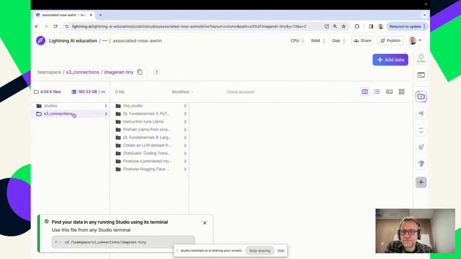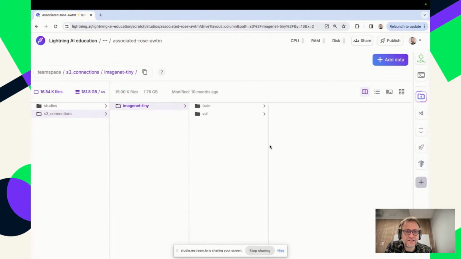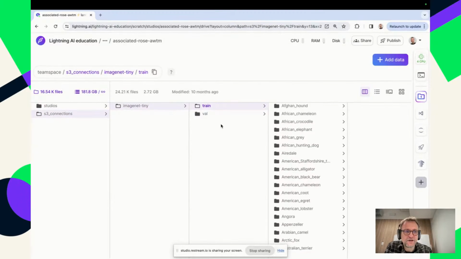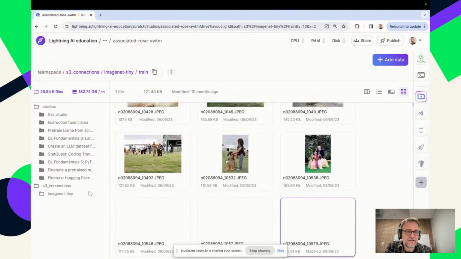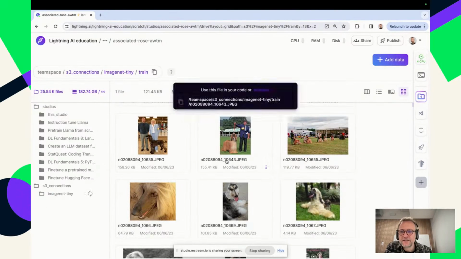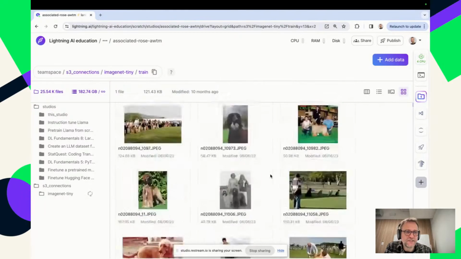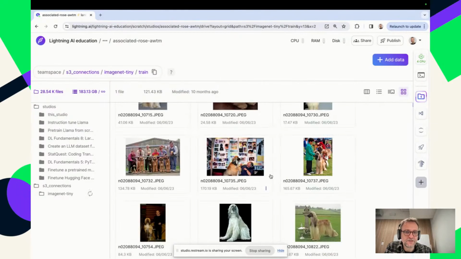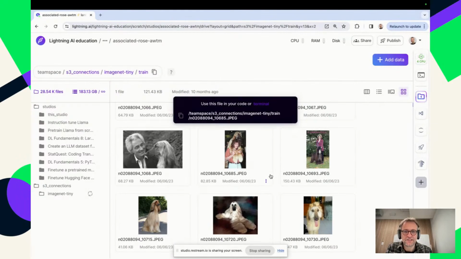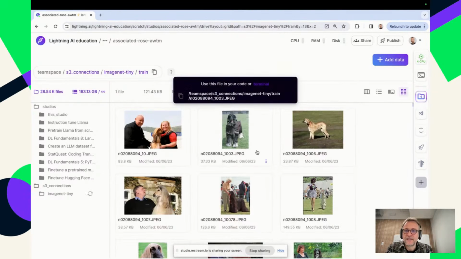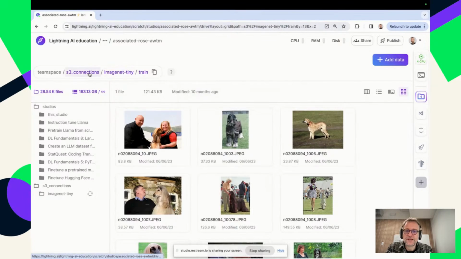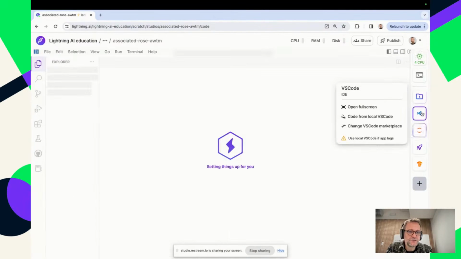And this will be attached immediately, and we will start making the files that are available on the team space accessible to you. And as you can see, we can browse gigabytes of data in real time because it's all based on optimizations that we do to make it available in real time. And not only will you have it here, but if we go back to the studio here,